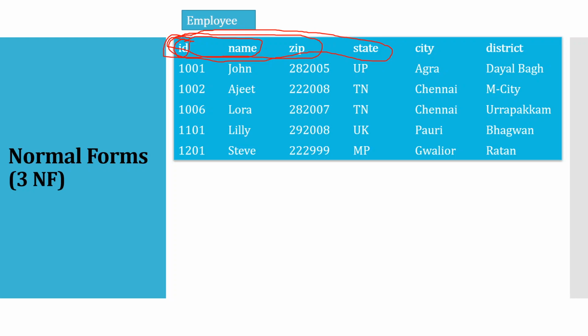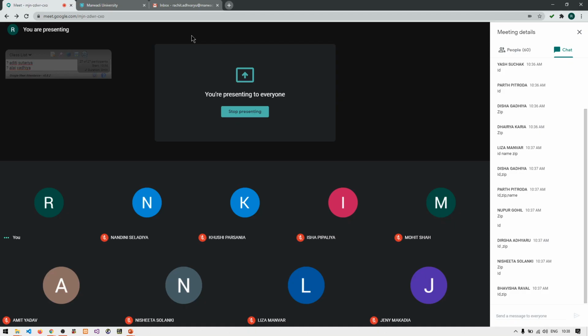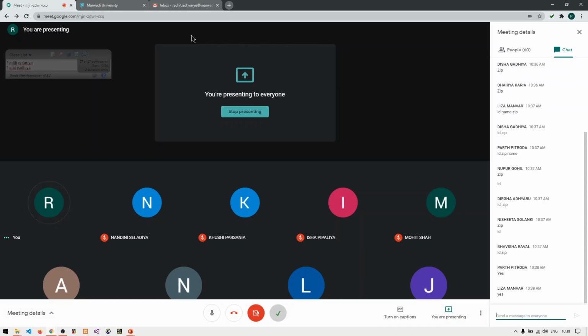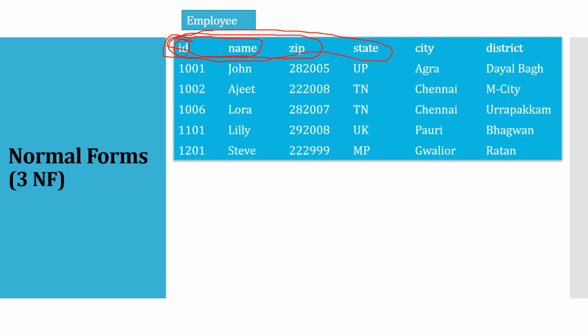So likewise there are many possible sets of super keys. Yes or no? Am I right? But what we want now is, from all these possible sets of super keys, to identify the candidate keys. So what will be the candidate key? Anyone? A column that can determine all other columns of a table. What will be that candidate key? The set of candidate keys.